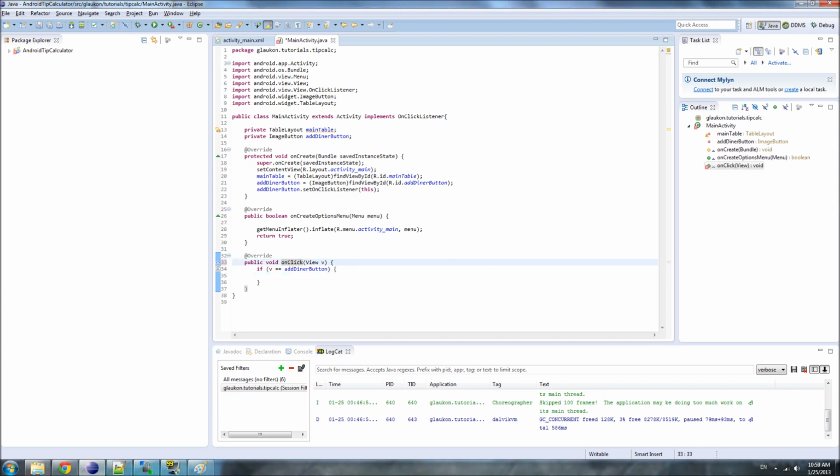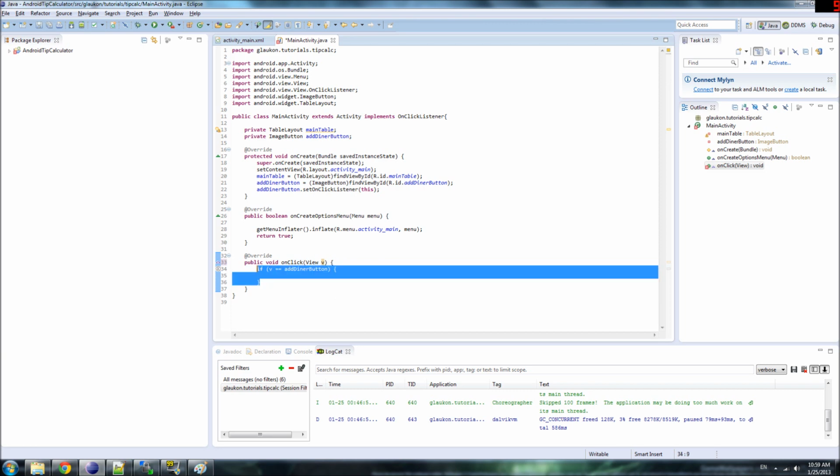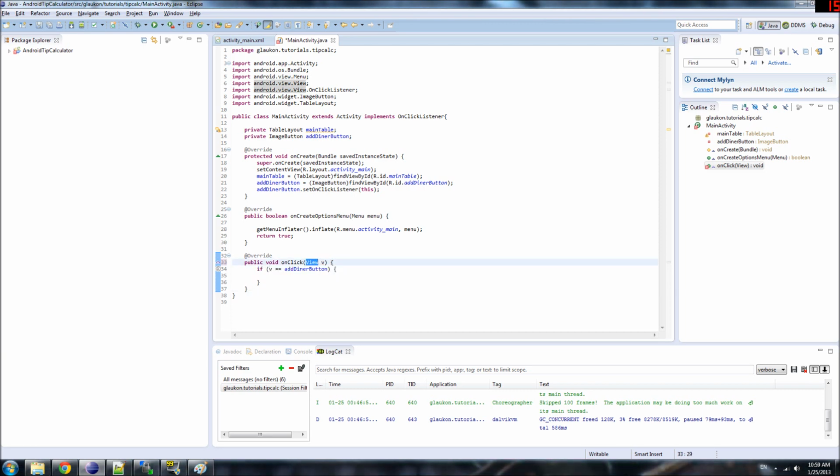So this is onClick and it has an argument called View v, and what this means is the first word describes what type the argument has to be. So we want the type to be a view, and then the second word is just a variable that represents the argument in the rest of the code block underneath onClick. So we want to pass a view argument, and we're just going to call it